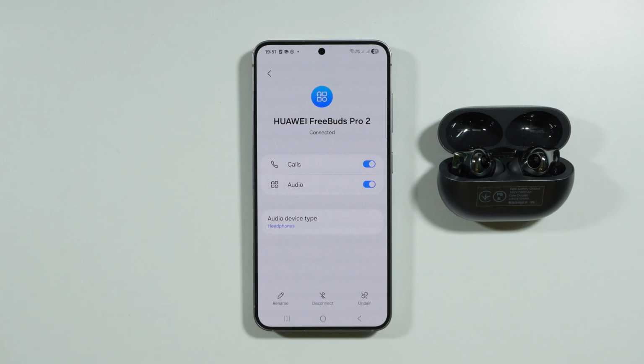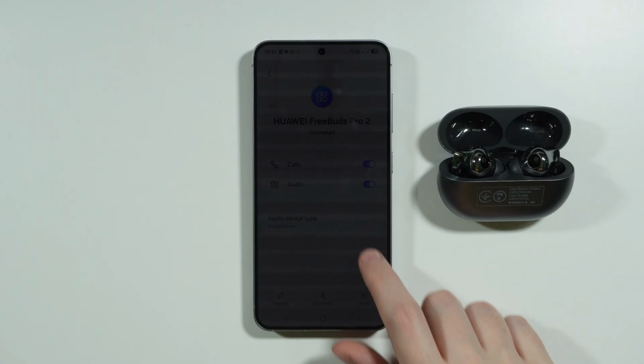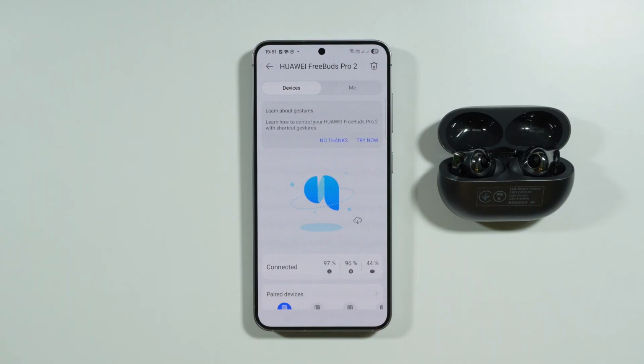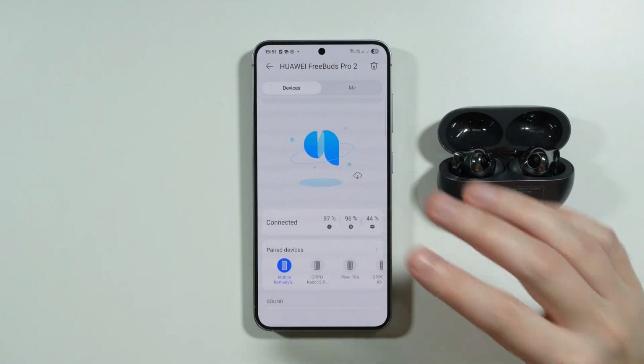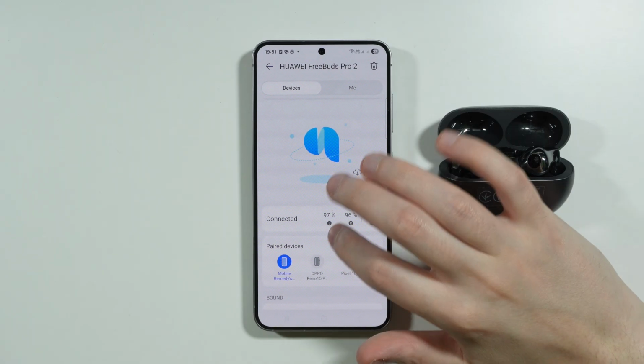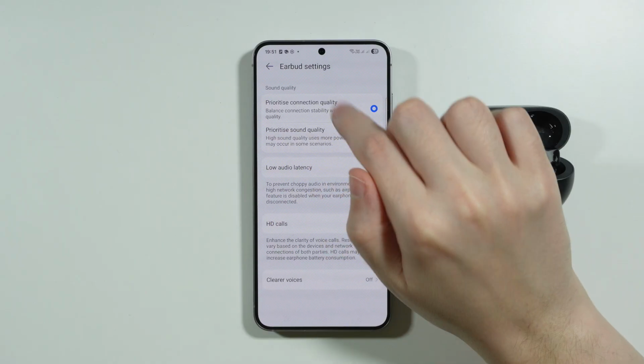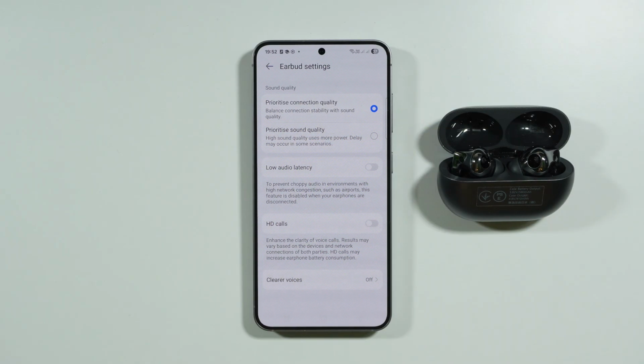If you don't have the LDAC option available in your Bluetooth device settings on your Samsung Galaxy S26, the reason why it might be missing is most likely due to an app that you may have just installed for your Bluetooth device. In my case, I have my earbuds over here and they have this app in which I can make some changes, and if I go to earbud settings, then in here I can find sound quality settings, which